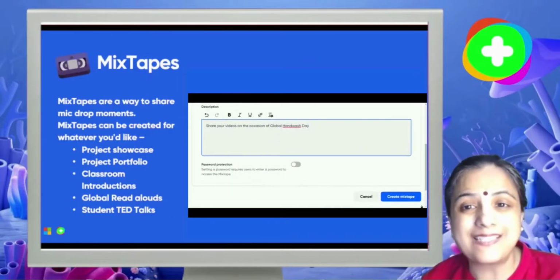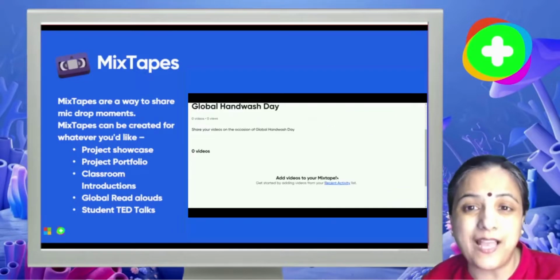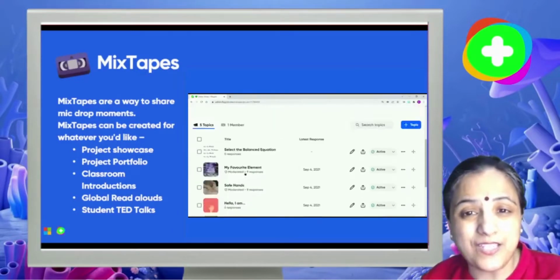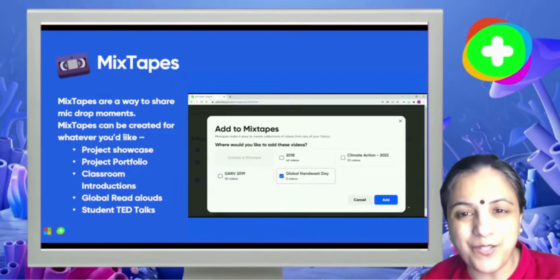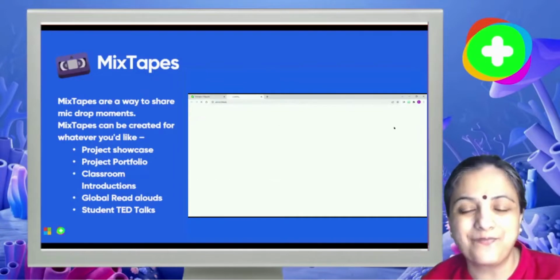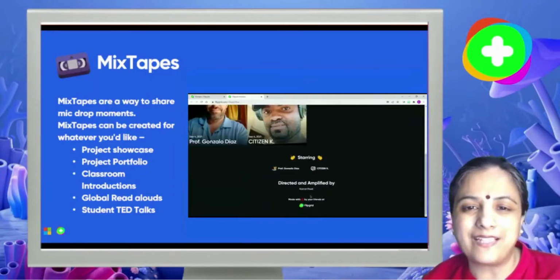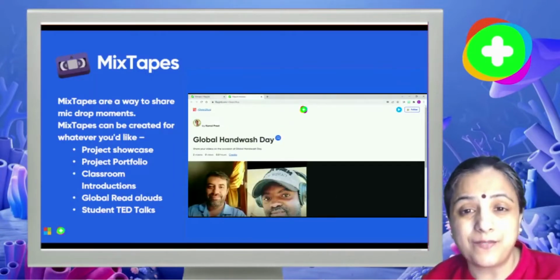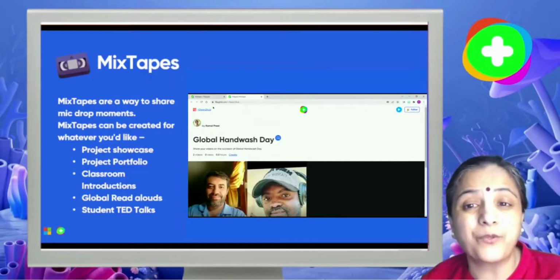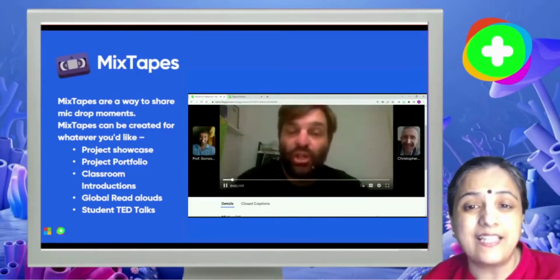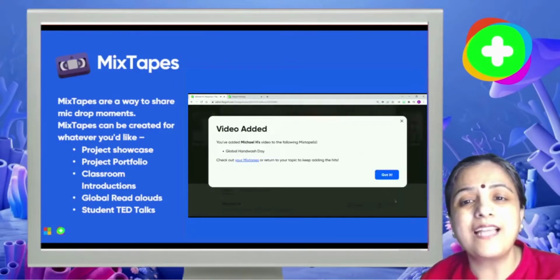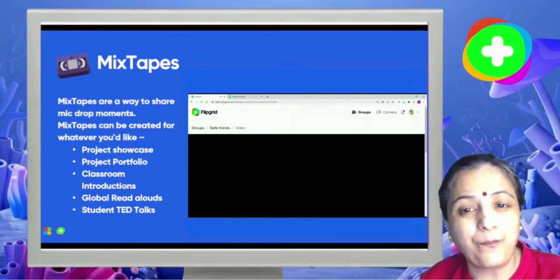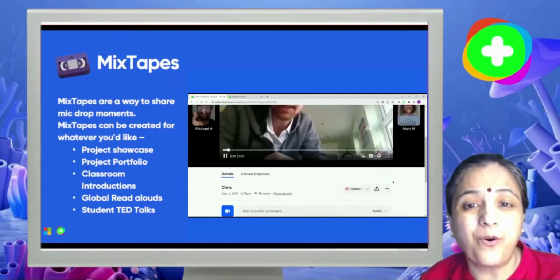Within the topic, select any response that you want to add to the mixtape. Use the Actions drop-down menu and select Add to Mixtape. Create a mixtape right there. Simply add your information and select Create. The second method is when viewing a response. In your educator panel, you can see a cassette icon. Select it to add the response to your mixtape. You can add as many videos as you want from any group you own or co-lead.